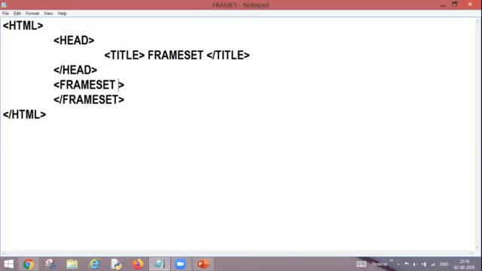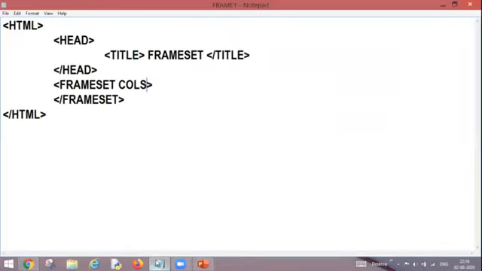Inside my frameset, I need to decide whether I want to divide a web page in the form of columns or in the form of rows, right? That means whether I am going to divide this vertically or horizontally. First I'm going to give you an example of columns. As we know, the whole size of the web page is 100%.